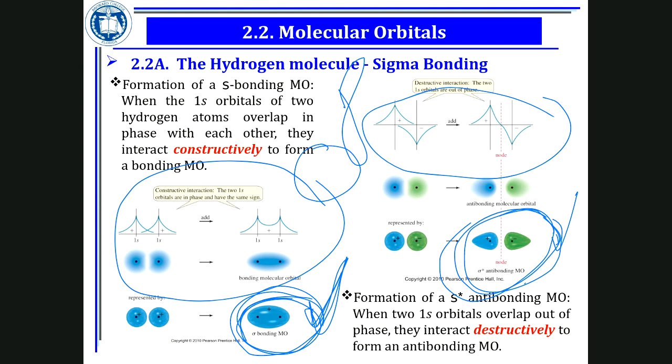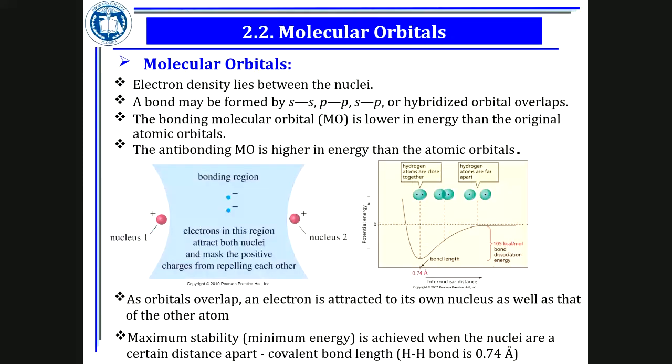So I'm not teaching entirely the molecular orbital. I just want to show you the difference between a bonding and anti-bonding orbital. So when you have destructive overlap, when you have constructive overlap, how do they look? Because later on, when I tell you that a bonding orbital has less energy than an atomic orbital, and anti-bonding has higher energy than an atomic orbital, at least you could picture these two, bonding and anti-bonding sigma orbital.